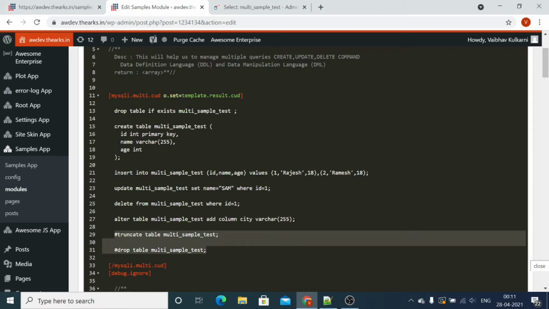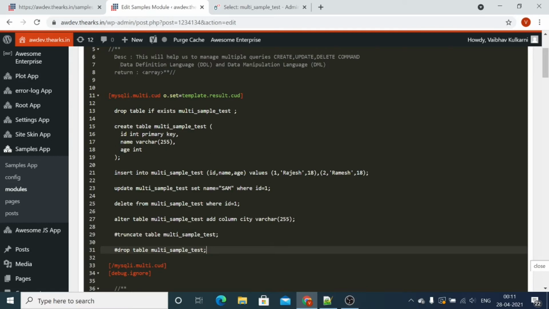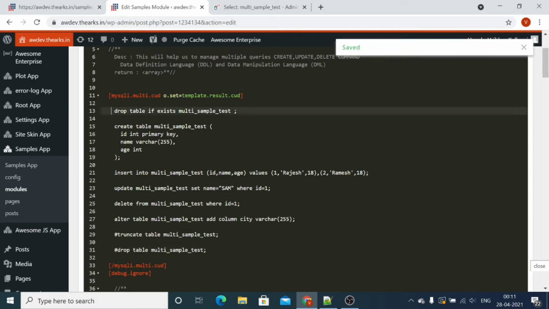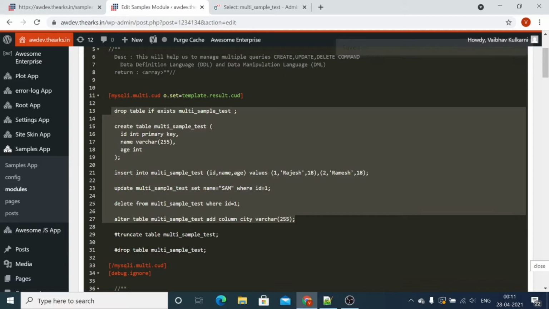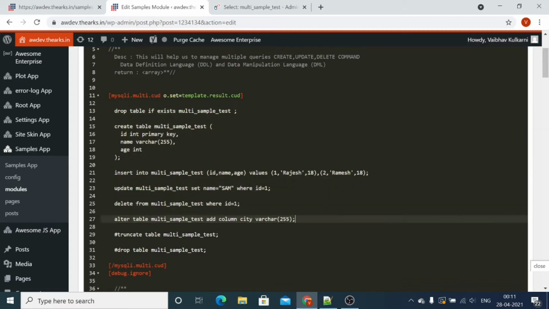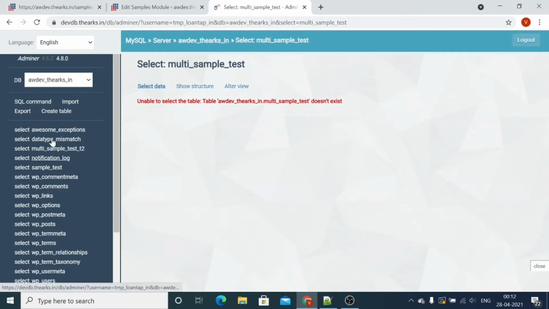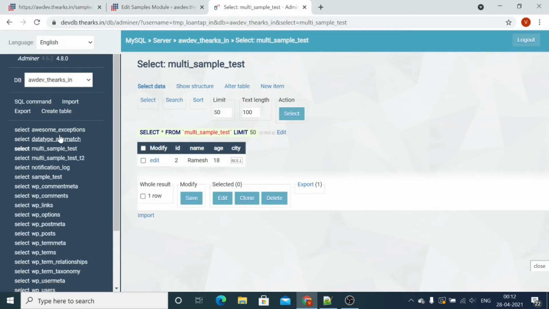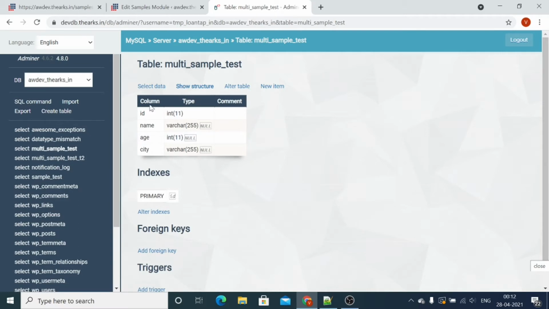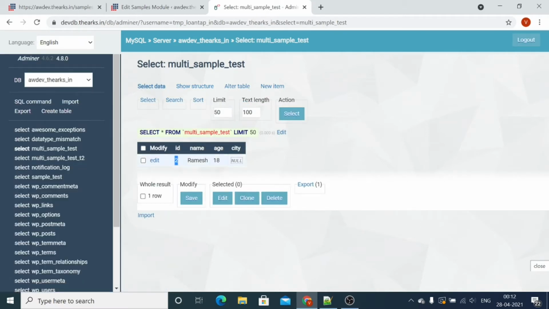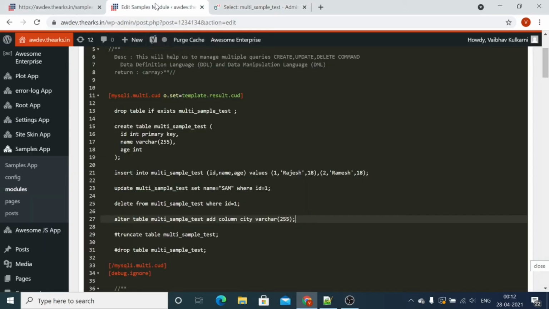Right now I have commented this. We will check this later on. First let's execute till the alter table command. Now let's check. Now this query is executed and the table is created, as you can see, with only one record. The first record was deleted by this query.